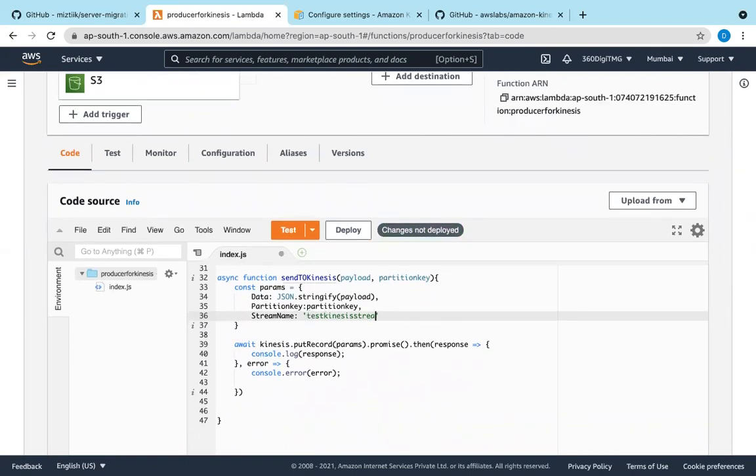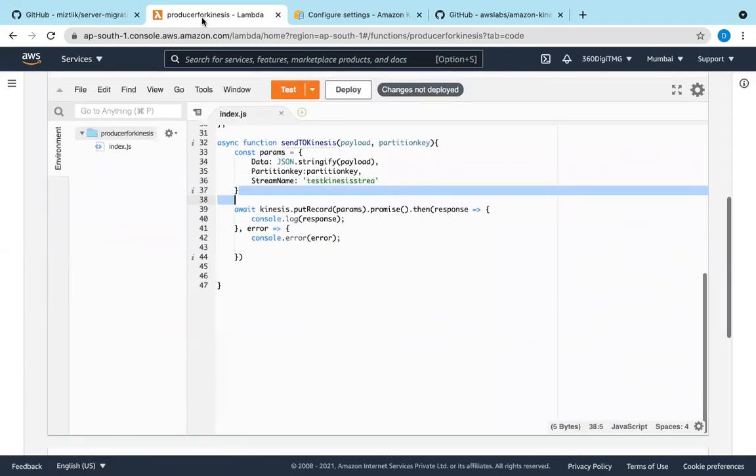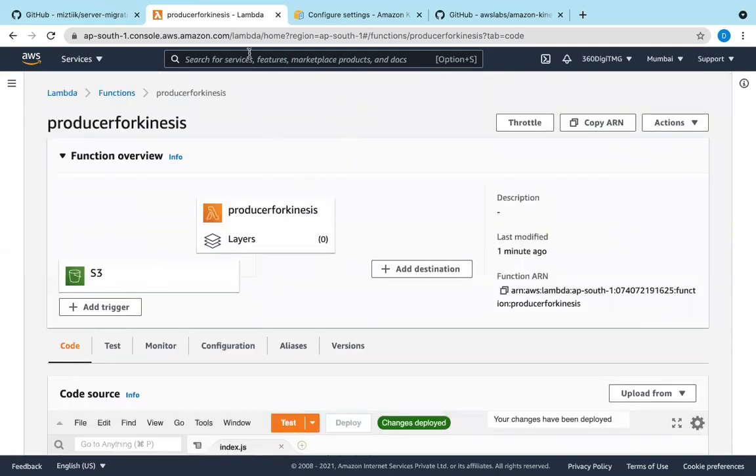Okay, I think we have already done it. We have created a Kinesis stream with this, so let us leave it as is. Deploy. And also check Kinesis.